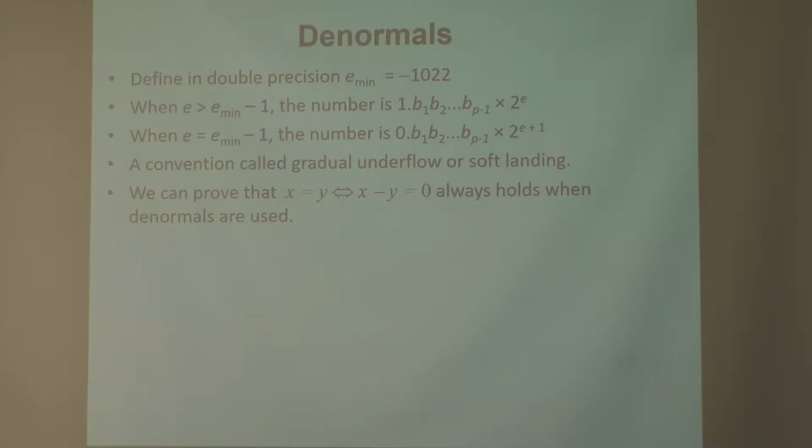It's not that I have infinite precision now, but if I handle it using a switch in this mantissa representation, then you can prove that x equals y if and only if x minus y equals 0. So this is why underflow is handled, to preserve this equivalency. So let's try it.